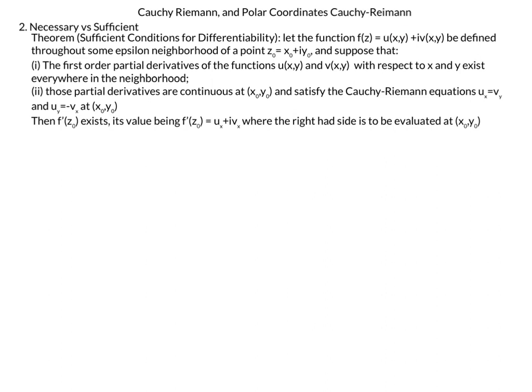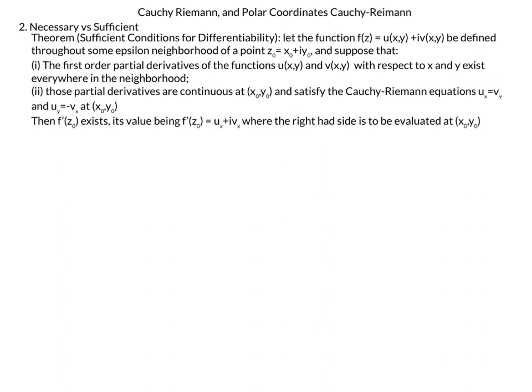So the sufficient conditions for differentiability: let's say we have a function f of z equal to u of x,y plus i v of x,y, and it's defined throughout some epsilon neighborhood of a point z naught. Suppose first that the first order partial derivatives of the functions u of x,y and v of x,y with respect to x and y exist everywhere in the neighborhood. So that's our first condition. And the second one is that these partial derivatives are continuous. That's our second. And our third condition is that they satisfy the Cauchy-Riemann equations,